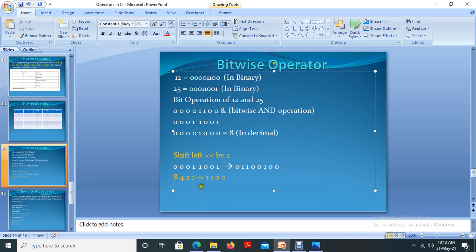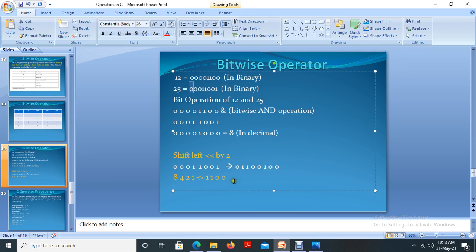Its limit is exceeded when the value is greater than 8 plus 4, 12, plus 2, 14, plus 1, 15. If the value is greater than 15, then we have to go for 8 bits. This value 12 is less than 15, so we go for the 4-bit option. But if the value is greater than 15, then we have to go for the 8-bit option. In this case 25 is greater than 15, so compulsorily we have to go for the 8-bit option.